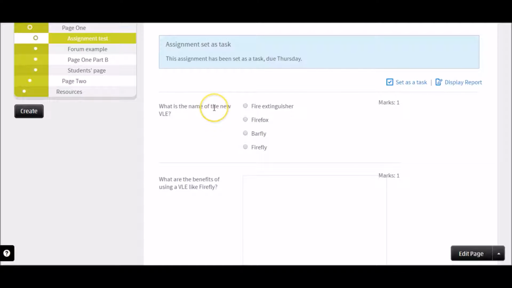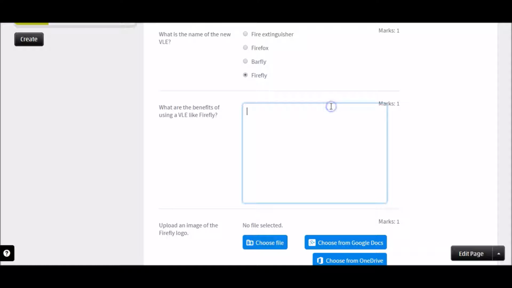So what is the name of the new VLE? Fairly sure that was it. What are the benefits of using a VLE like Firefly? 24 access to content, less paper, easier for teachers to mark,